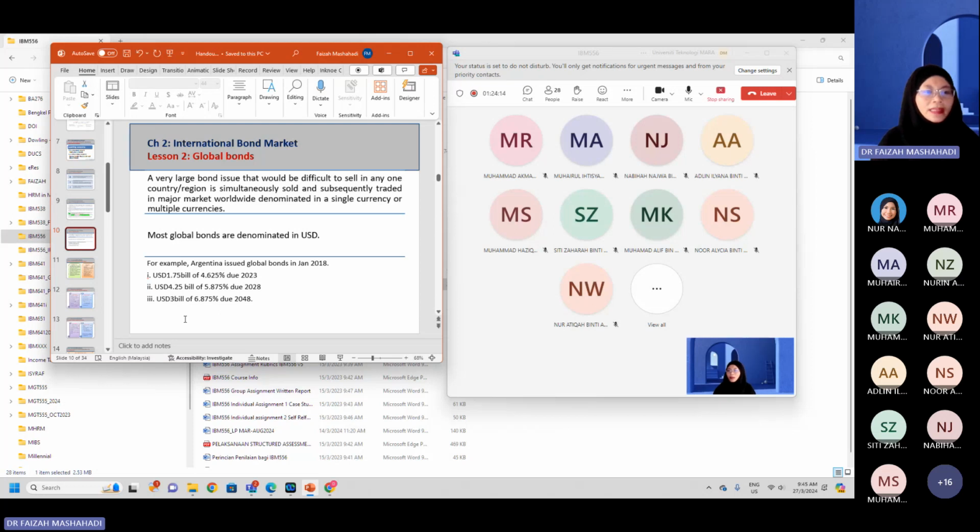$9 billion plus. Remember, it can be denominated in one currency but target a global location, or it can be denominated in multiple currencies. And again, that will be targeted worldwide, global location. That one is a global bond, right? It will be sold